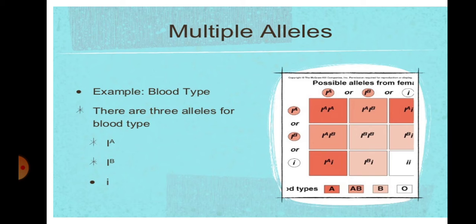Agglutinogens or antigens are of two types, A type and B type. When A-type antigen is present, the blood group is said to be A. When B-type is present, it is called B. When both of the antigens are present, it is known as AB. And when neither is present, it is said to be O. The different alleles IA, IB, and i of the gene determine the phenotypes of the 4 blood groups. The IA allele determines the formation of antigen A and the IB allele the antigen B.